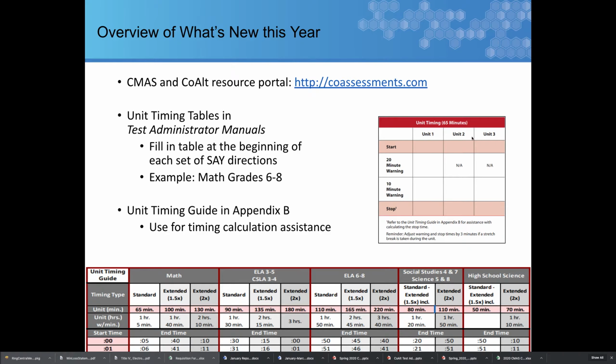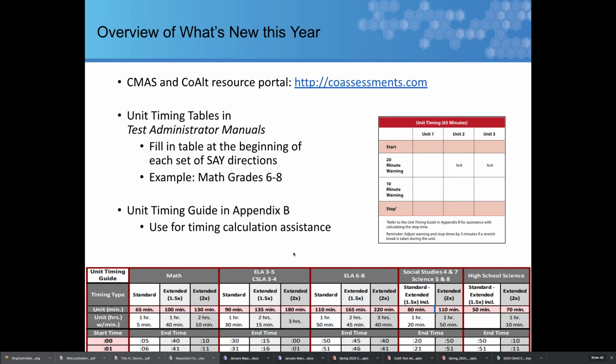This is a table for the math, grade 6 through 8. Please fill this out. You will put when your test started, when you're going to say the 20-minute warning, when you are going to say the 10-minute warning, and when that test stopped. Also, you will need to adjust warning and stop times if you use the optional 3-minute stand and stretch break